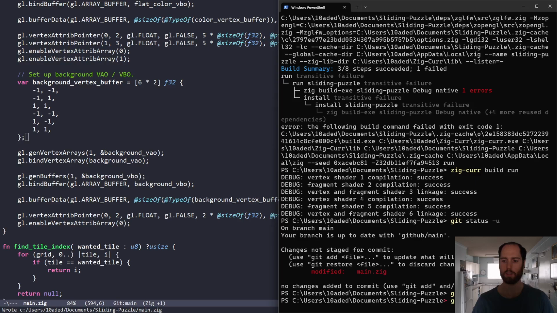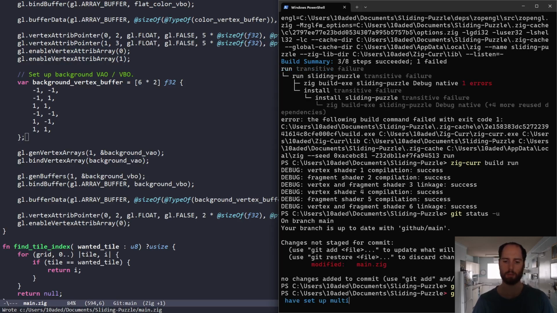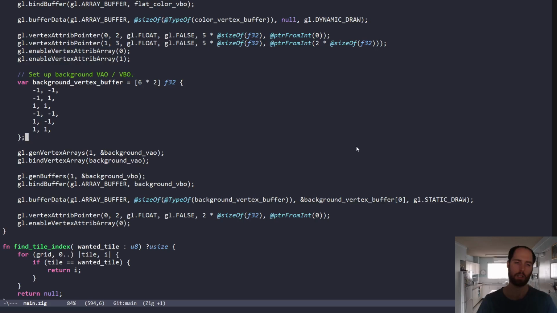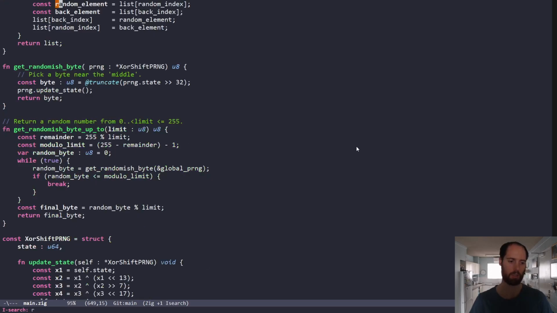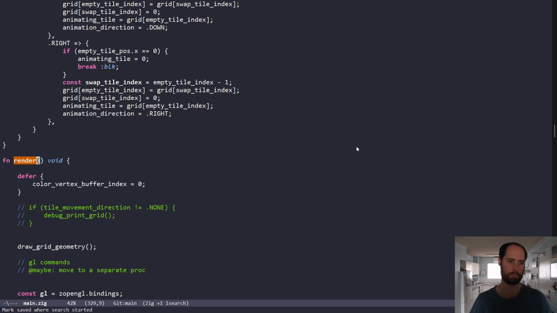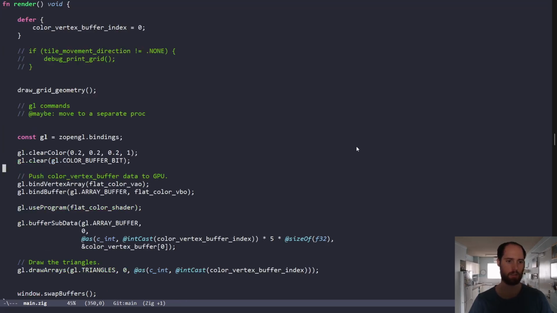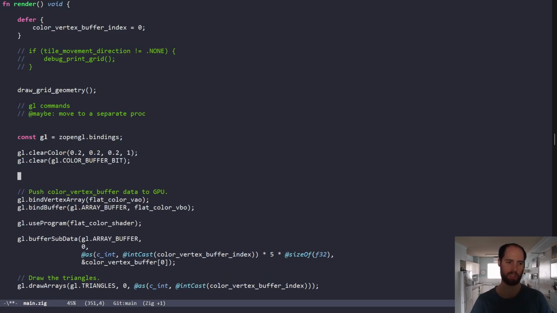Seems to have set up multiple vertex buffers. Okay. So now let's try rendering with this background vertex buffer. Ooh, this is like the moment of truth in some sense. Okay, so now we want to do